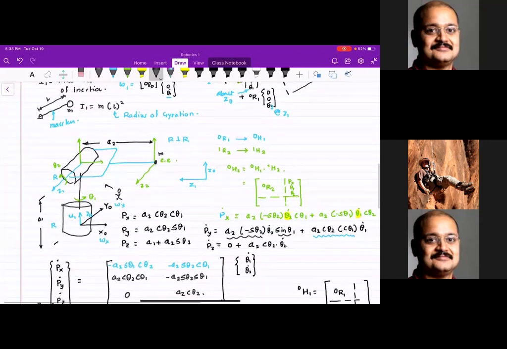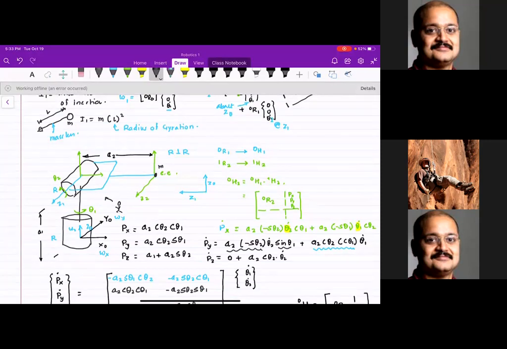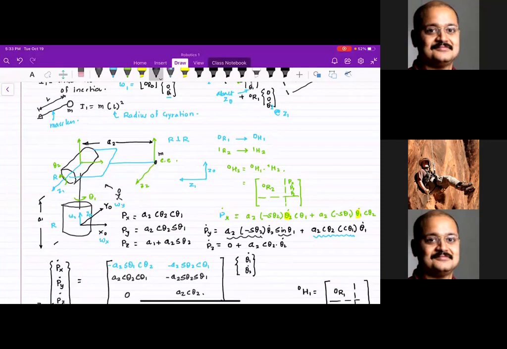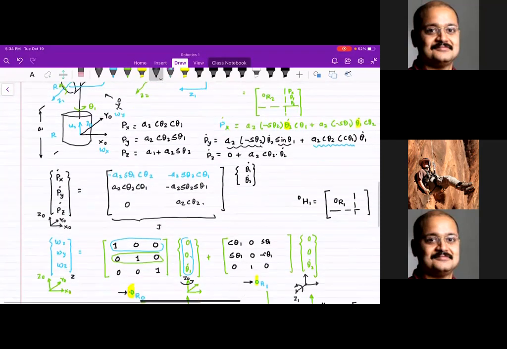M is the mass at the end effector. The length doesn't come into this picture. Everything is massless. So I'm just saying the mass is located at the end effector. Everything else is massless. So the motors are massless. Link A1 is massless. Link A2 is massless. But there is just a huge, heavy gripper at the end of the end effector. So that's what this kinetic energy is all about.